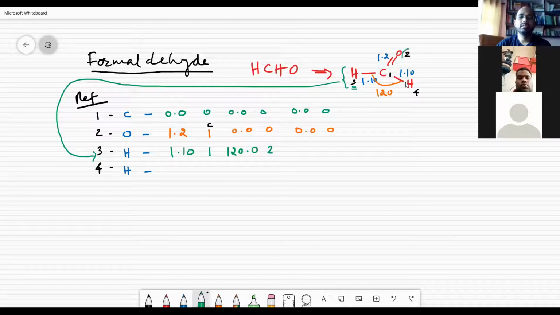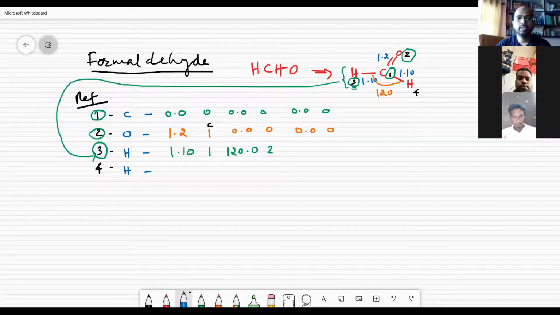2 is here, 1 is here, 3 is here. So the 2, 1, 3 angle is about 120 degrees. Here you don't have a dihedral angle, so I'm again putting it as 0.0 and 0.0.